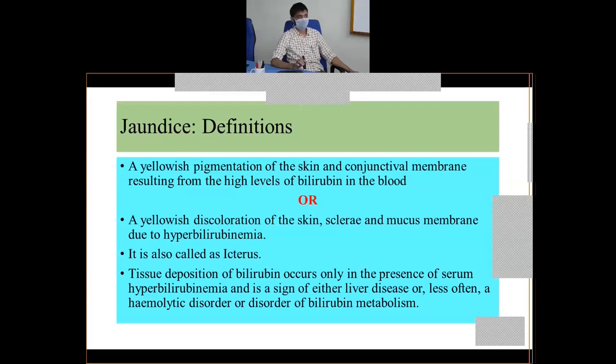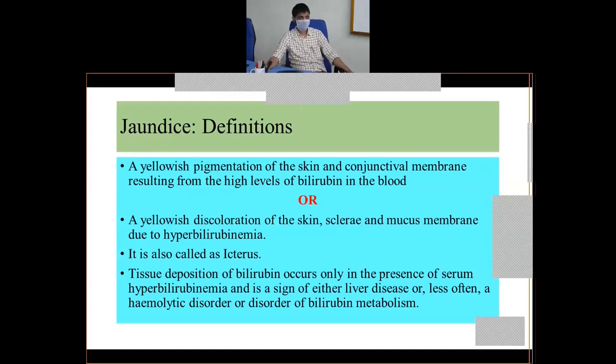Okay, but the tissue deposition of bilirubin occurs only in the presence of serum hyperbilirubinemia. In normal condition, we have bilirubin in our blood, but it doesn't cause yellowish discoloration of the skin. It only happens when there is hyperbilirubinemia, and we will discuss later how much hyperbilirubinemia is required to cause